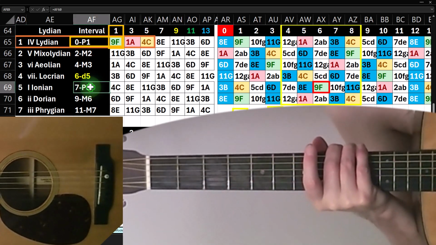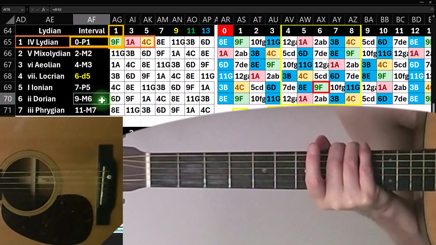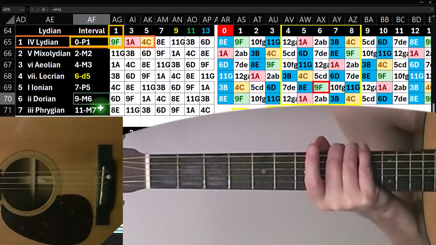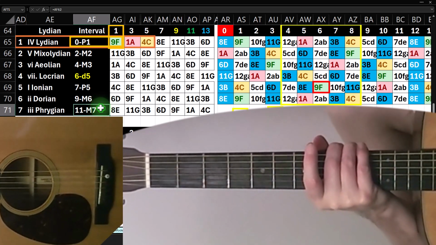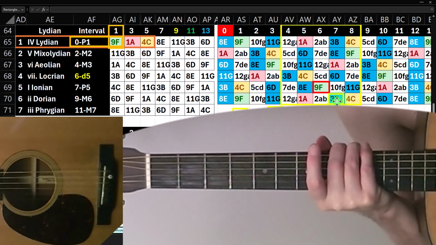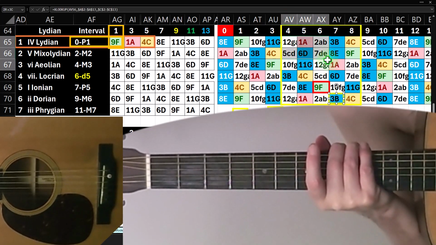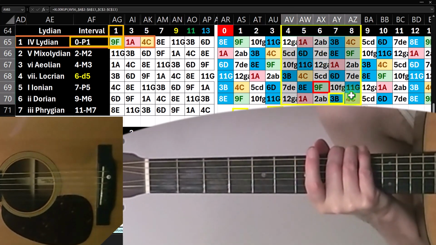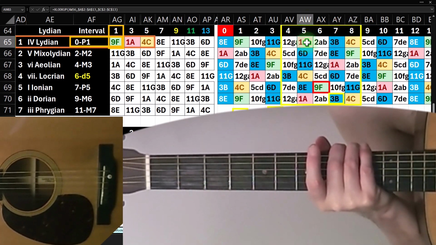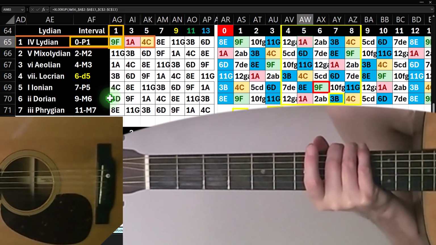And then we have a 7-note away perfect fifth, which is normal. And then we have a 9-note away major 6, which is what we would expect in a major scale, and an 11-note away major 7, which is what we would expect in a major scale. So it's this one, it's that B right there. That's the funny one. So note that if you learned this shape, you would have